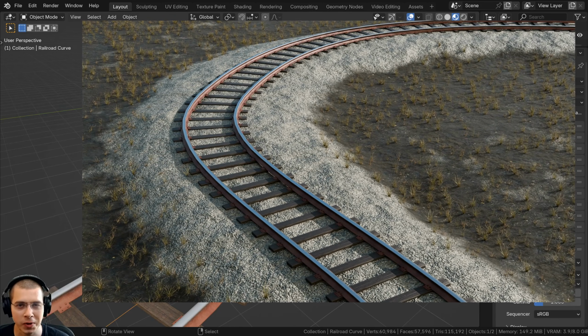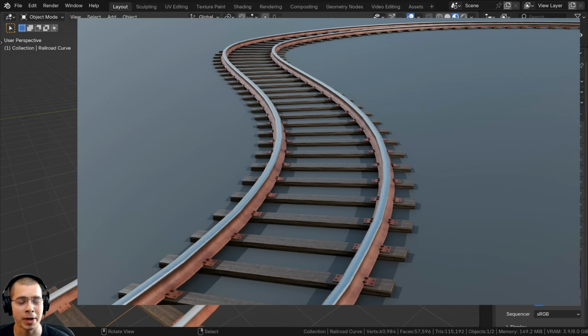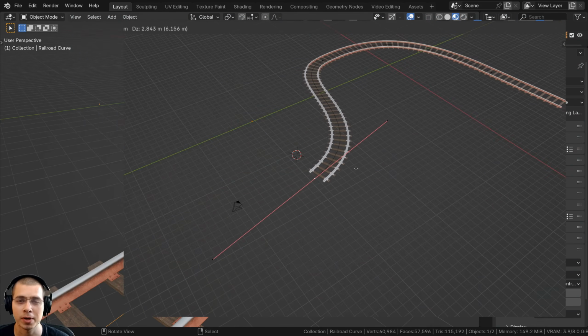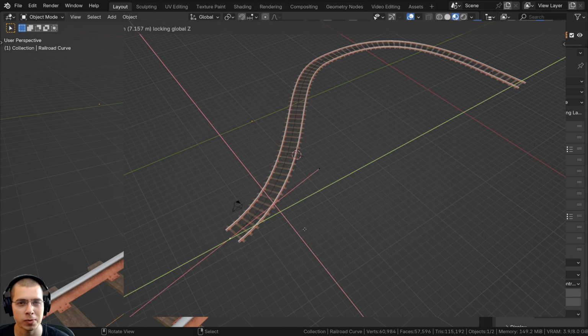In this tutorial, I'll show you how to create these railroad tracks in Blender. And these railroad tracks are customizable because they follow a curve, so you'll be able to go into edit mode of the curve and you can edit the curve handles and move them around to place the railroad tracks around